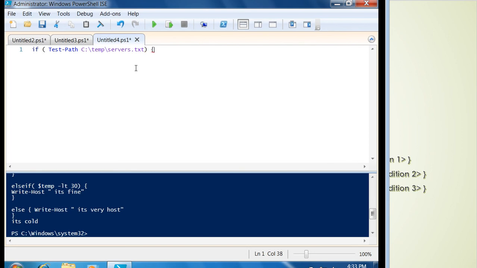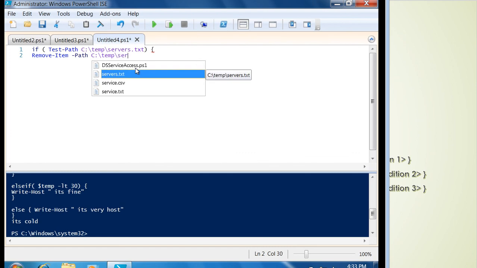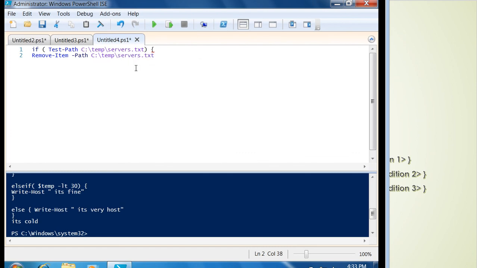So you'll be checking here, if that exists, then Remove-Item, which is to delete the path, C:\temp\server.txt. Okay,